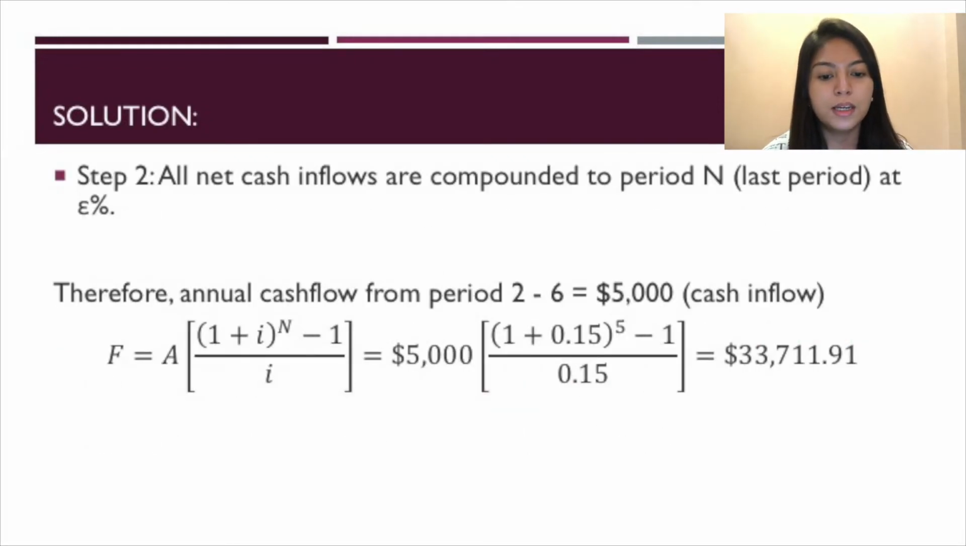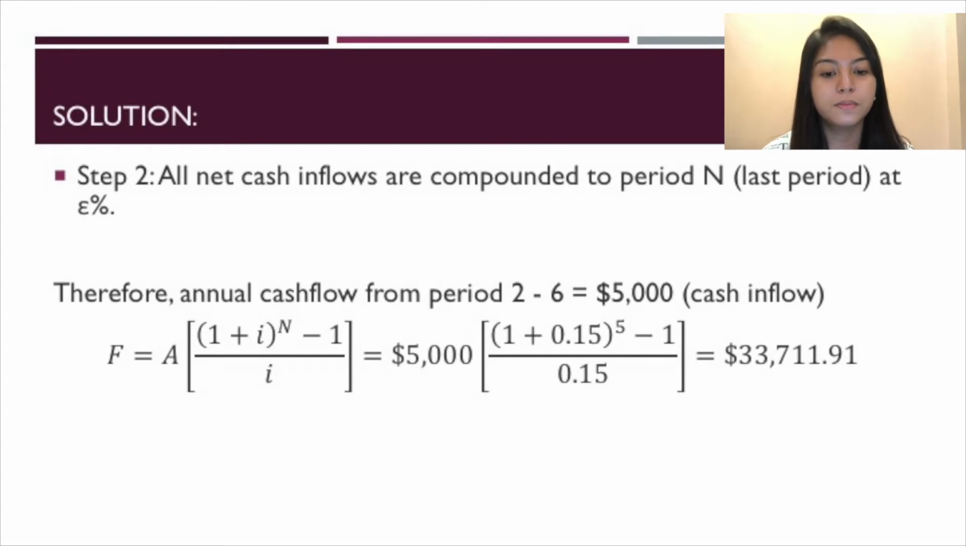For step 2, as I said, we have all net cash inflows that will be compounded to period N. Period N is the last period at E%. Therefore, the annual cash flow from period 2 to 6 is also equal to $5,000. That's the cash inflow. Now from the formula, F equals A multiplied by the quantity (1 plus i) raised to the power of n minus 1 over i. Substituting the values, we have an A equal to $5,000, multiplied by (1 plus 0.15) raised to the power of 5 minus 1 over 0.15. Then we will get an F, which is equal to